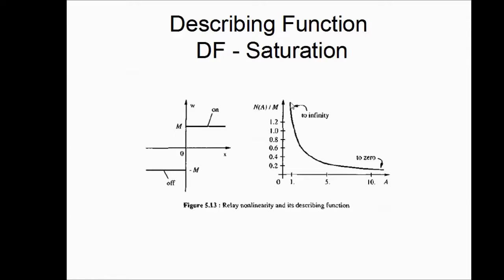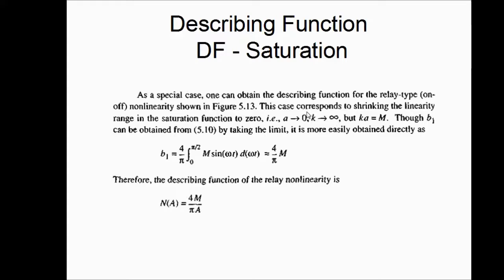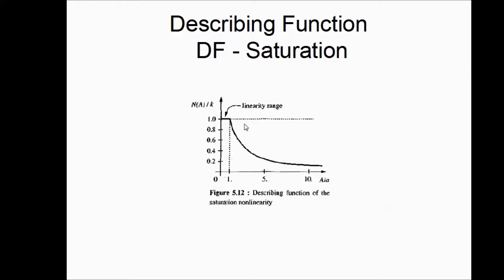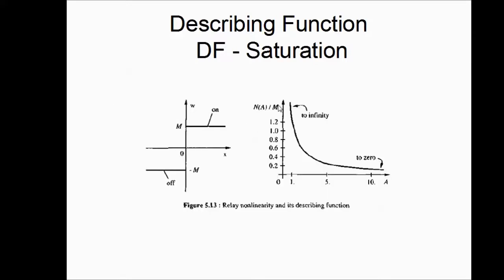So unlike the saturation where there was a slope K which was finite, we had a horizontal line there, if you remember. There's a horizontal line here, the linear range, but there is no horizontal line here. So this goes to infinity as A goes to 0. So this is the describing function for saturation type